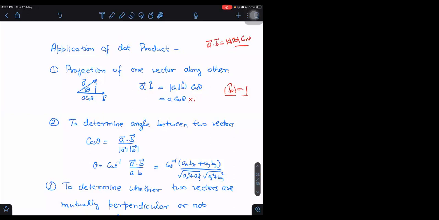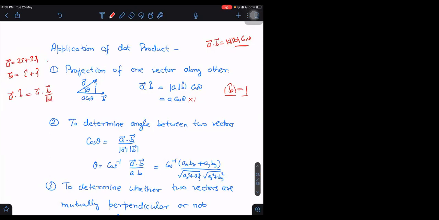If you have understood this, then you can very quickly start applying it. For example, apply it now. Let us say I give you vector A as 2i cap plus 3j cap, and vector B as i cap plus j cap. Can you tell me the projection of vector A along B? Just take the dot product, A dot B cap. But what is B cap? B cap is nothing but the B vector divided by the B magnitude.